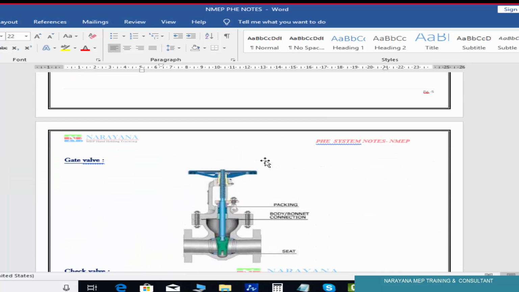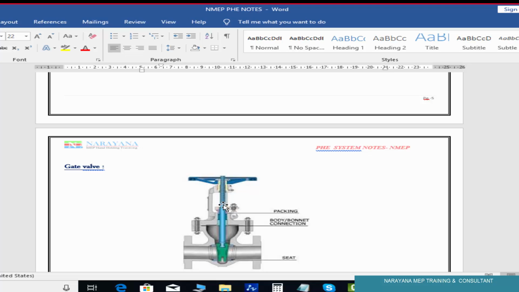The reason is you will come to know when it rotates like this. If you rotate it, it will go up. If you want to close it, it will come down. So for easy understanding of whether the valve is open or closed, we will use this one in the suction line.